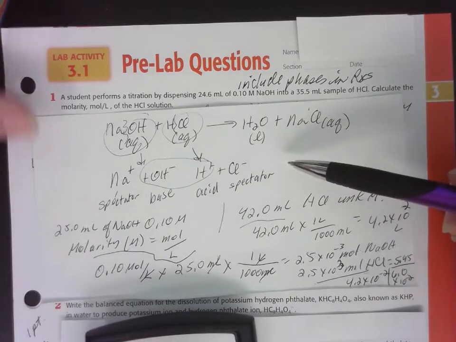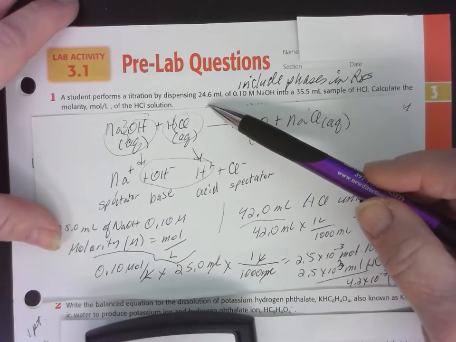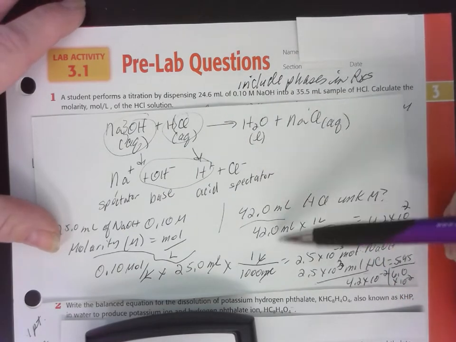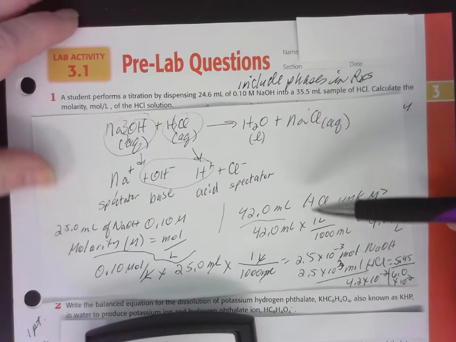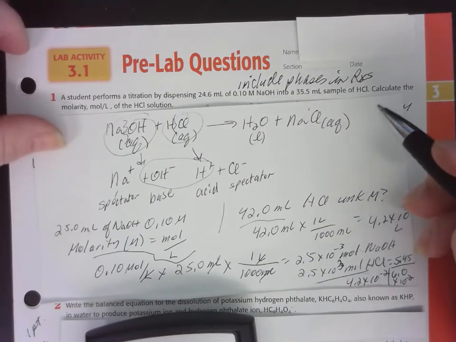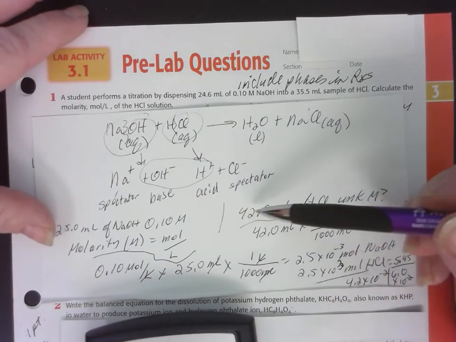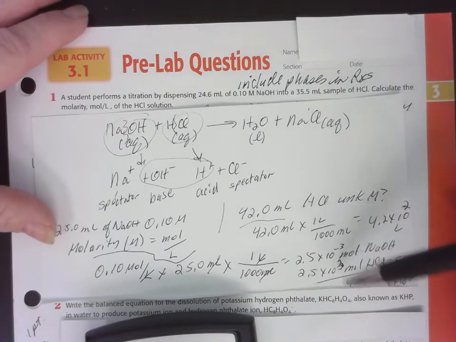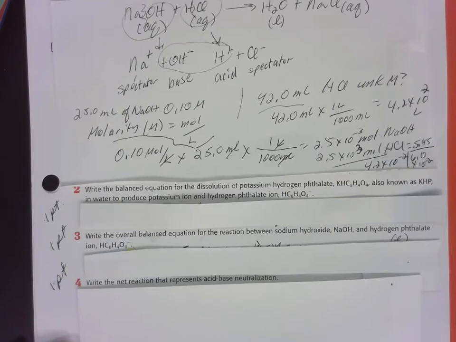So now you need to go and, instead of using 25 milliliters of sodium hydroxide, use 24.6, and instead of 42 milliliters, use 35.5, and calculate the molarity of the HCl solution. So convert molarity to moles, and then find the moles, and then convert that to molarity. So that's number 1. Number 2 is write the balanced equation for the dissolution of potassium hydrogen phthalate, also known